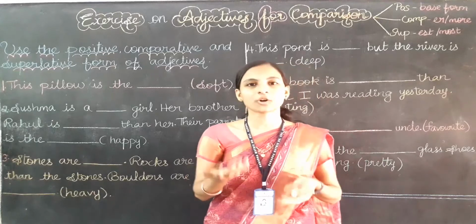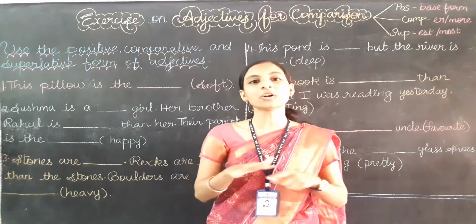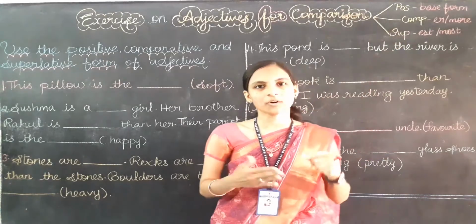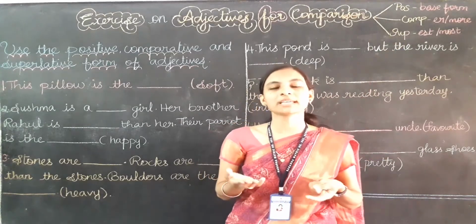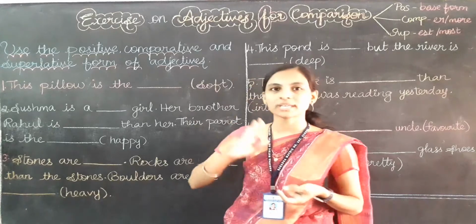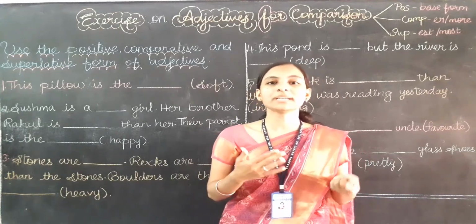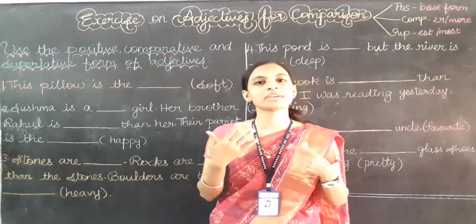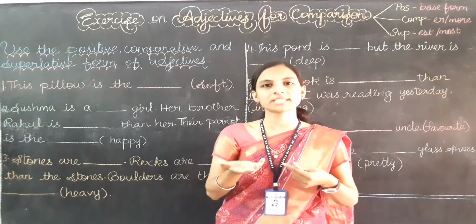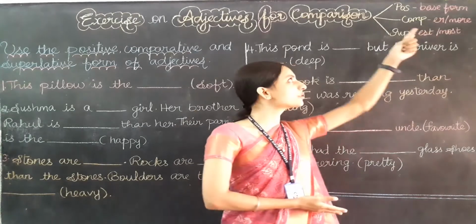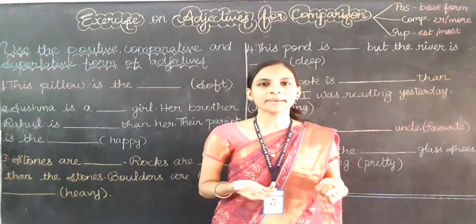Yes, when we are talking about a person or thing without any comparison, that belongs to positive degree. Okay, so in positive degree we don't make any changes to the adjective, we just write in a normal way only. So that means that is called as base form. So when we use only the base form, whatever adjective given, we apply directly to the sentence, means that is positive degree. Okay. What about comparative degree?